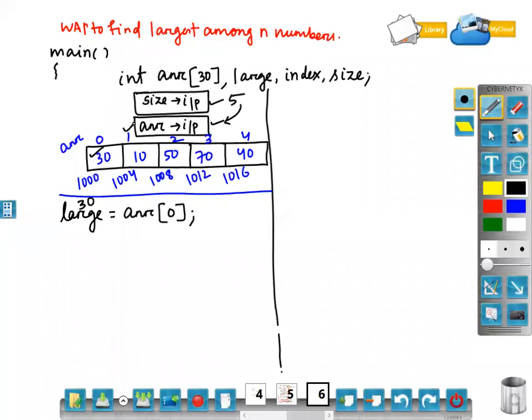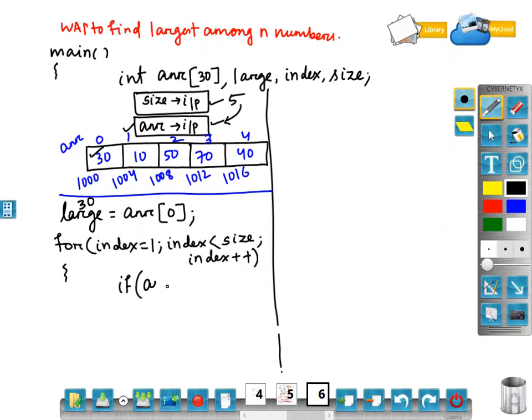So what will I write? Now for index equal to 1, index will continue till size, because this is dependent on size. Index plus plus. Clear? I'll compare: since the index is changing, array of index will give me the new value. Is it greater than whom?